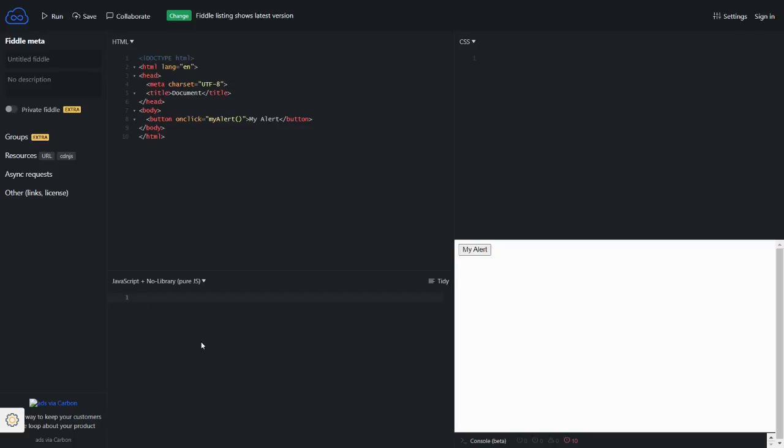In the JavaScript file, we need to type the function keyword followed by the function name that we have given for the onclick property, that is myAlert. Open and close the brackets followed by open and close curly braces. Inside the curly braces, we need to type alert followed by the message inside the brackets and the quotes. Type the message my alert